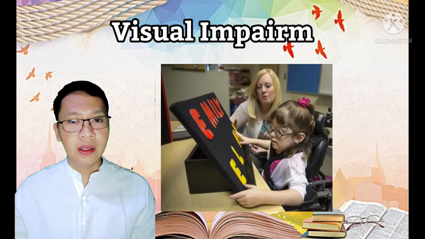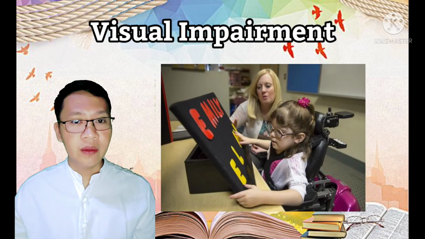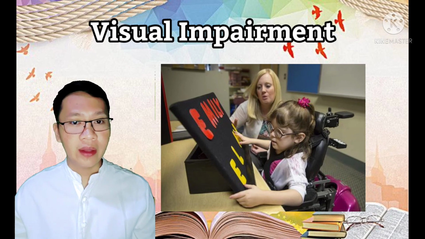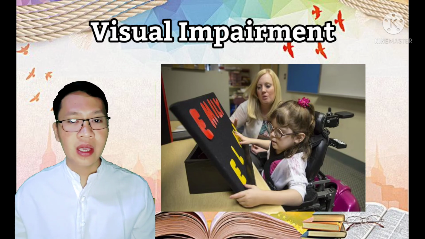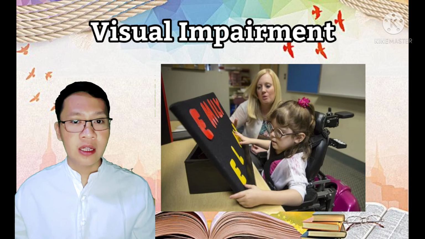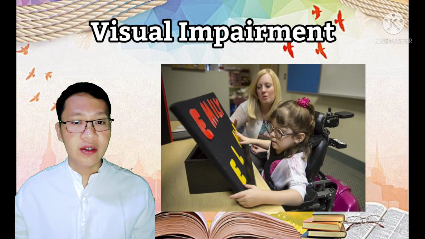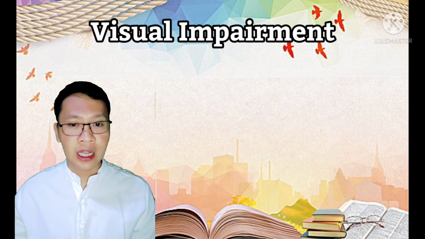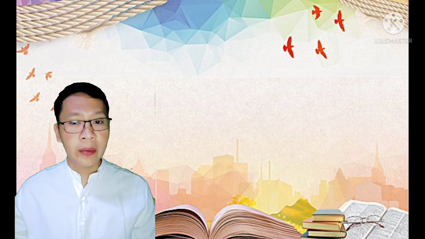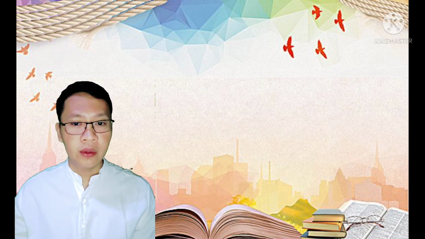Visual impairment, an impairment in vision that, even with correction, adversely affects a child's educational performance. The term includes both partial sight and blindness. The strategies used for this case: encourage students to use visual aids and resources that have been prescribed, for example glasses, magnifiers, big print books, etc. Seat the student appropriately in the classroom, in the middle towards the front. Make sure lighting is suitable.